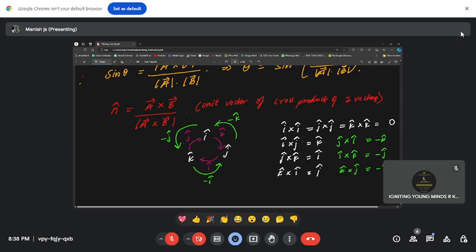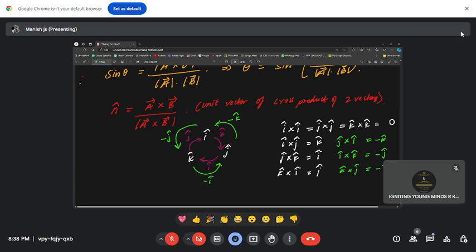So that's how you find out the cross product of vectors. So you know the cross product of unit normal vectors. What are the relations? When you take them in order, you express them as the third vector, and when you go against the order, you express them in terms of their negatives. So this is all about the unit normal vectors cross product.